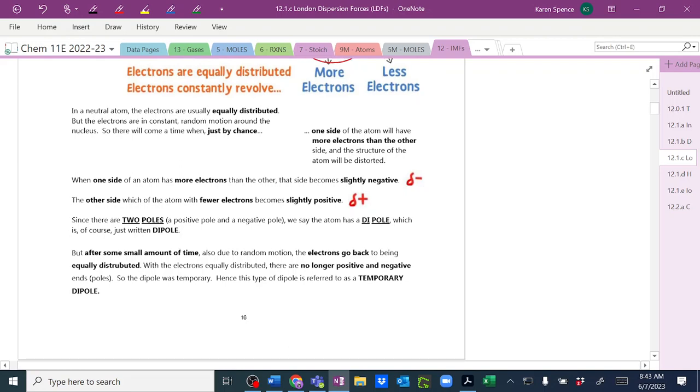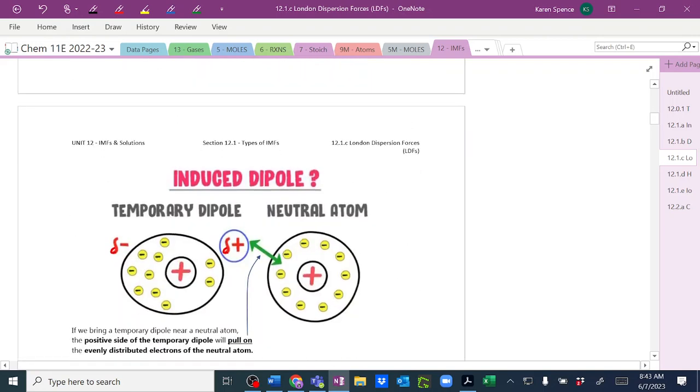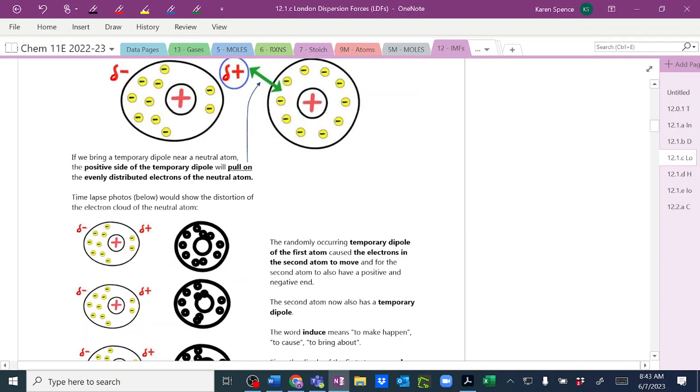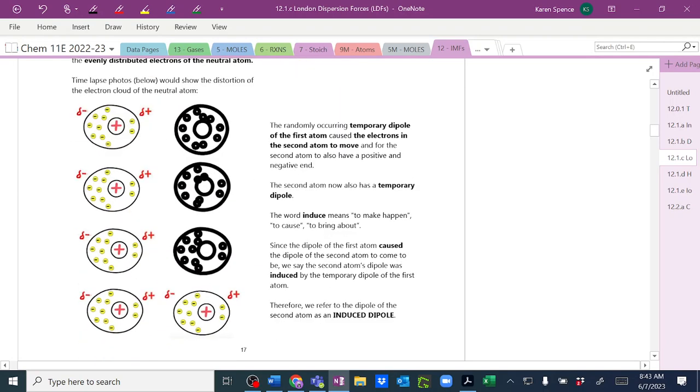And what will happen is that temporary dipole will be next to, say, another neutral molecule, and this positive charge here will then pull on the electrons in the other one. And we can see that happening here. We get the electrons moving this way, moving more this way,